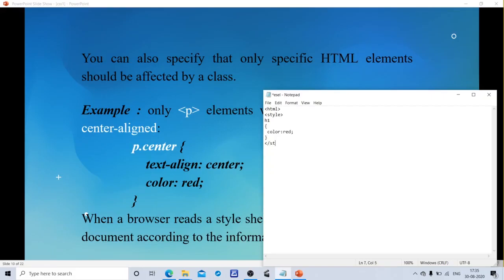For which tag am I using this style? h1. This is h1. Let's run this program.